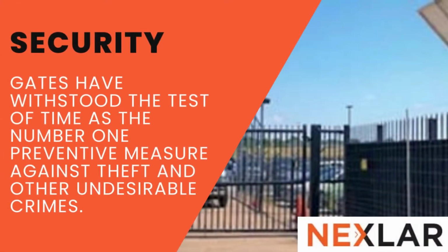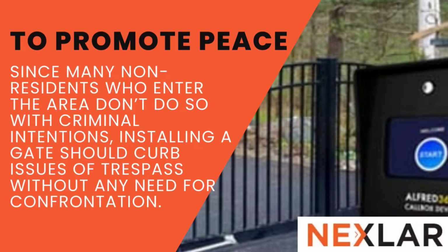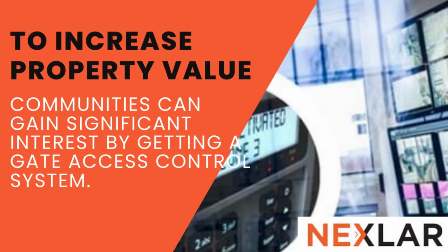As effective as gates are for reducing and stopping burglaries, they're only half as good without secured access solutions. Gates can draw a line between public and private property. Property investors will be able to take advantage of gates and sell their homes faster since buyers place more value